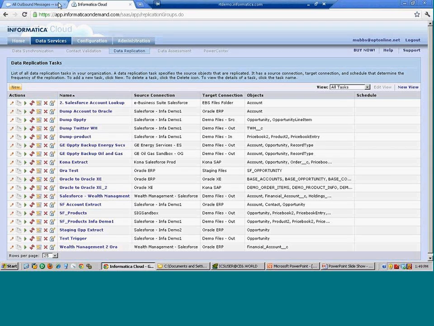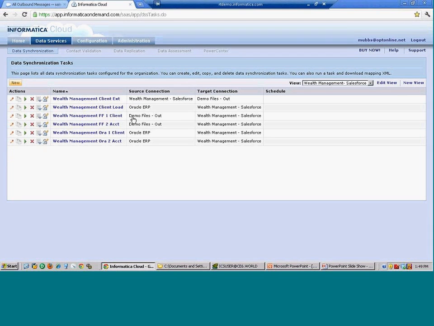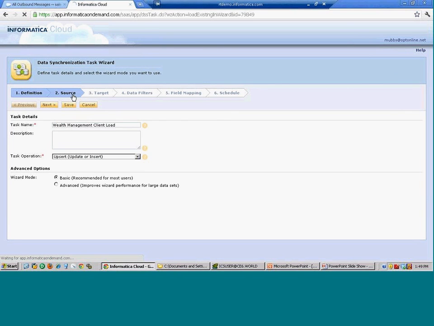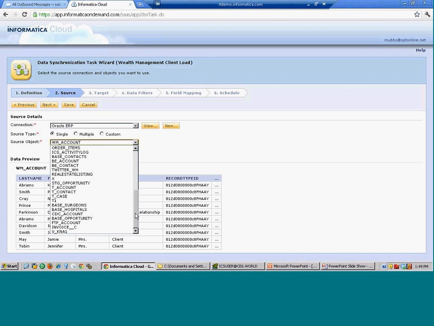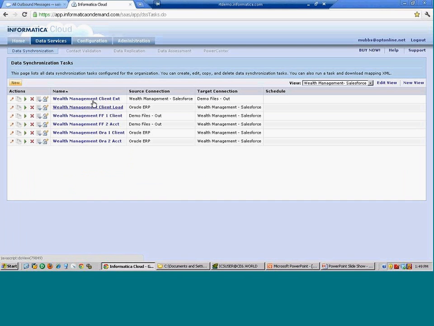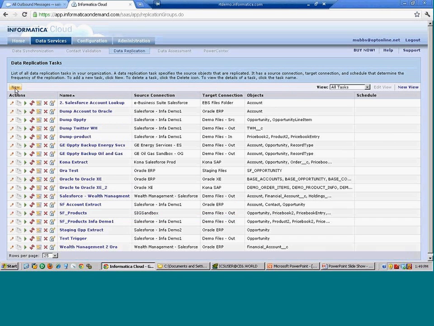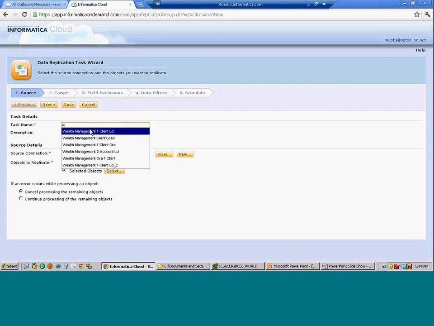I'm going to do a here company. So go back for 1 second, so you can see I'm not going to be cheating. We're going to go to the task we built. Source. You're going to list, this is my Oracle database, and then here are the tables. Replication service is going to actually create the tables for us, handle changes, and maintain the metadata itself. So there are no tables for BC for Dan Cunningham, my buddy, and we're going to let Informatica Cloud create them for us. So we're going to cancel, replication, new, wealth management,